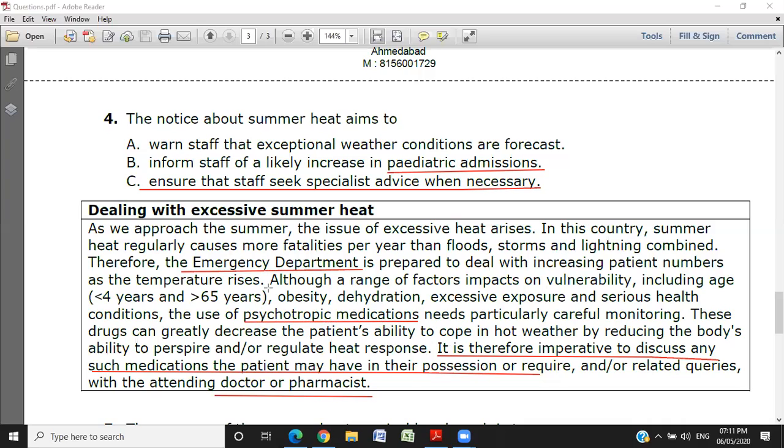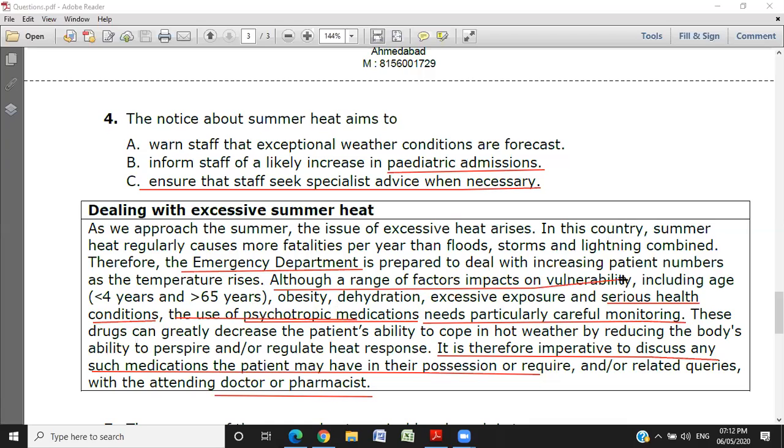Because they have mentioned that many things can be risk factors, serious health conditions. Okay, so there can be all these risk factors, but the main one is that the use of psychotropic medication needs particularly careful monitoring. And another skill that we know, or another micro skill that you know, is whenever a sentence is written